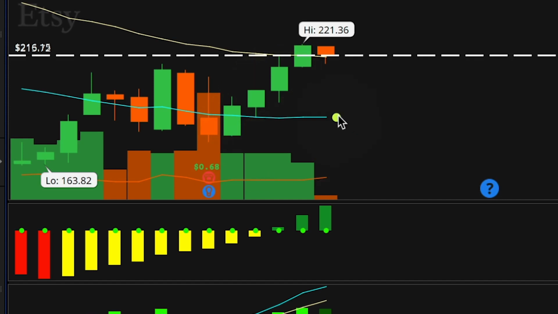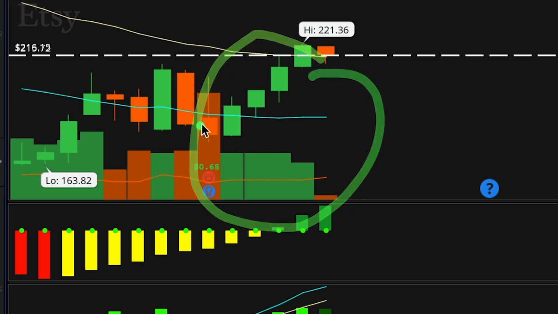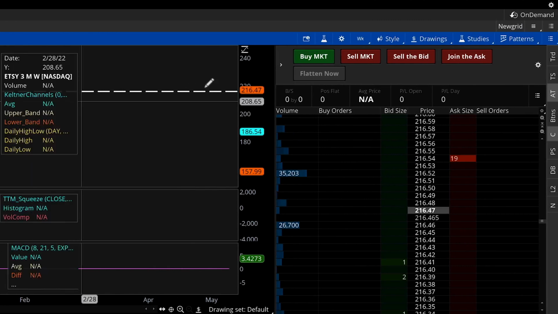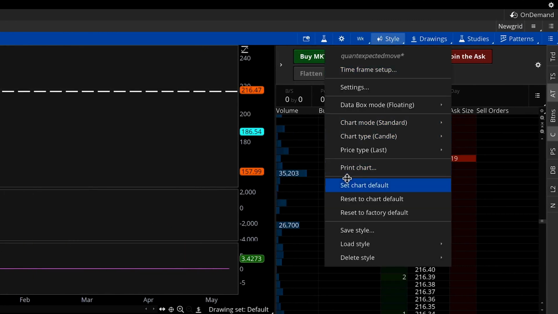So you can see here with the Keltner channels, they've smoothed out, which means they're about to open up, because you can see the slope of all three bands. These are the volatility bands right here, and you see how they're opening up. So let's move over here, and we're going to go on the